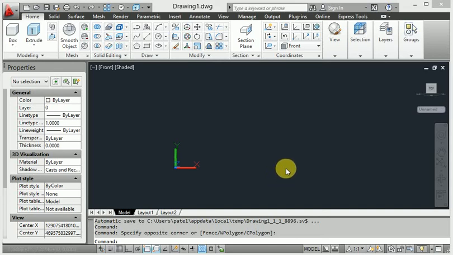Today I will discuss the viewport of AutoCAD 3D design, single viewport and multi viewport. Single viewport means one work area, workspace area. This is the single viewport in one background in AutoCAD. Multi viewport is different working areas, like top, front, right, bottom. Four workspaces are created at one time.